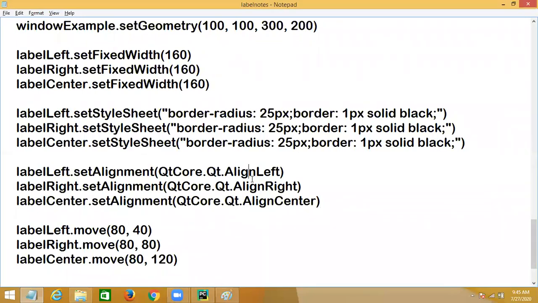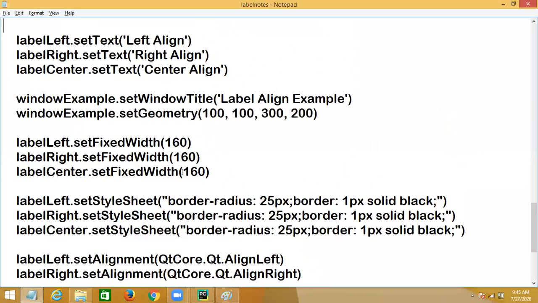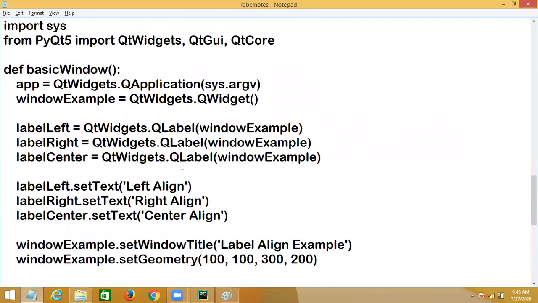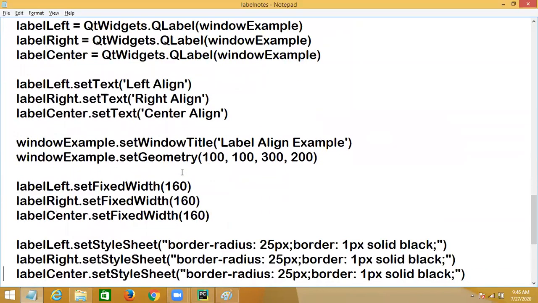Align left is one attribute, align right is one attribute, align center is one attribute. QtCore is a module, right? You should import the QtCore module also.